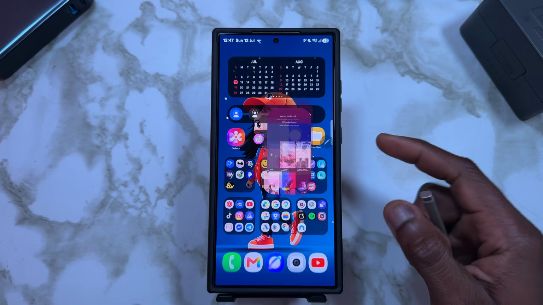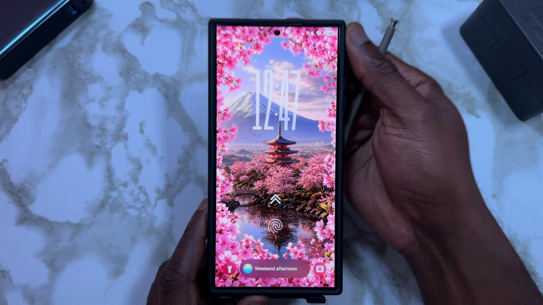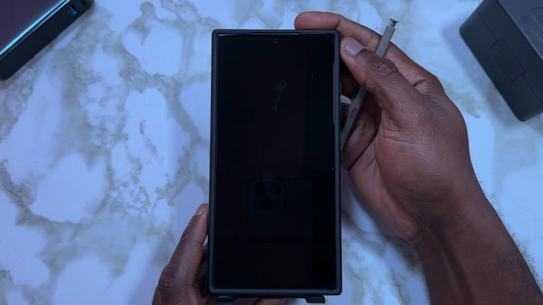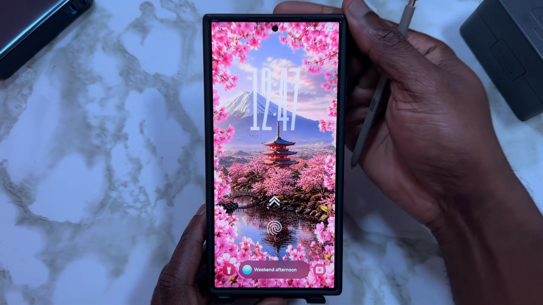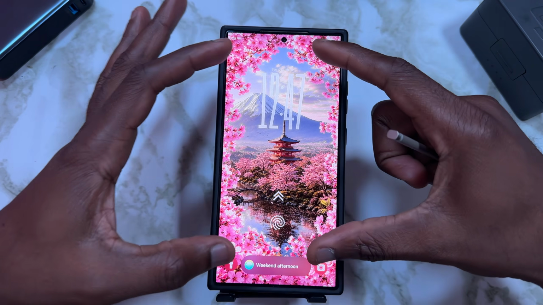So we're going to close and open. And it looks like this. When you lift up your phone, this is what you get. And put it back down, it goes into this. Lift it up, put it back down, it goes into this. So you can play around with how you want the